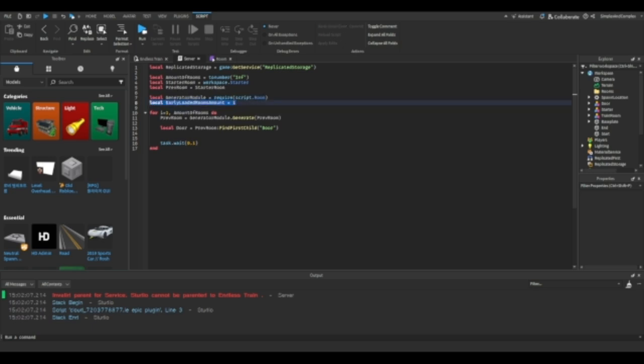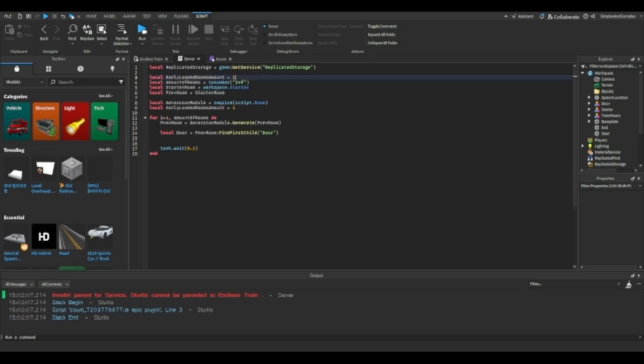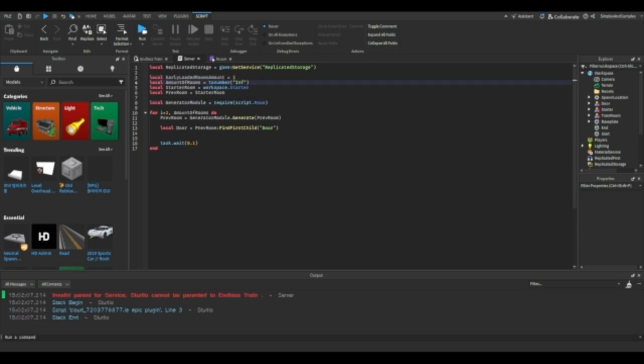I'm going to put it up here, and this will make it so that this amount of rooms will become loaded before you enter them, so they don't just open a blank space. I'm going to set this to 3 to make it not do that, and then just do if I is more than early loaded rooms,